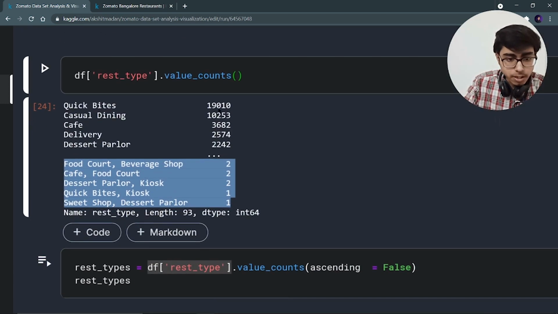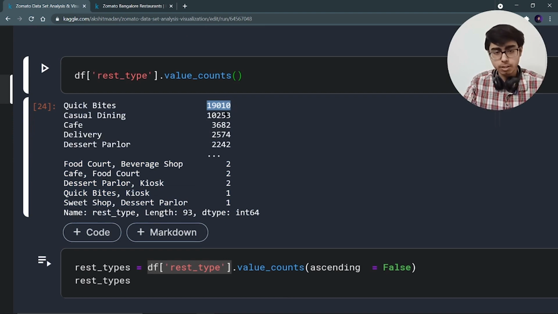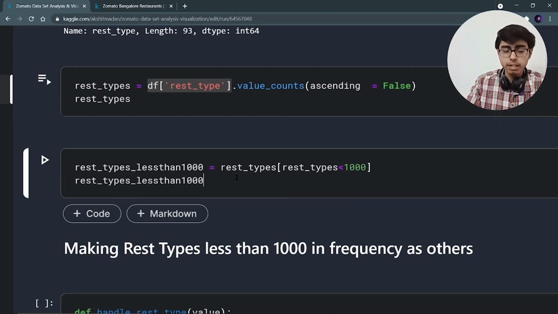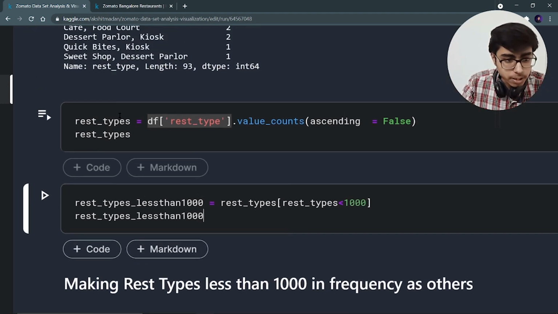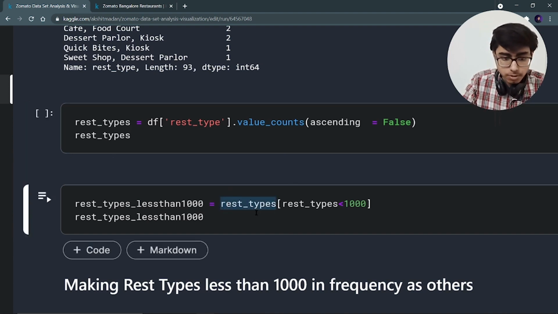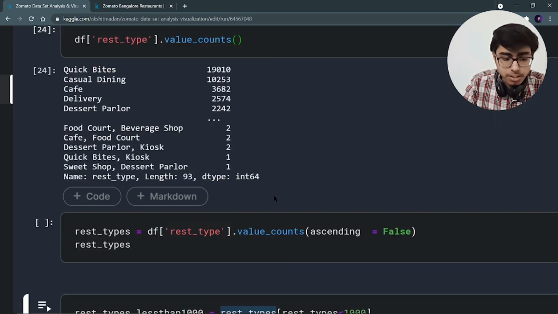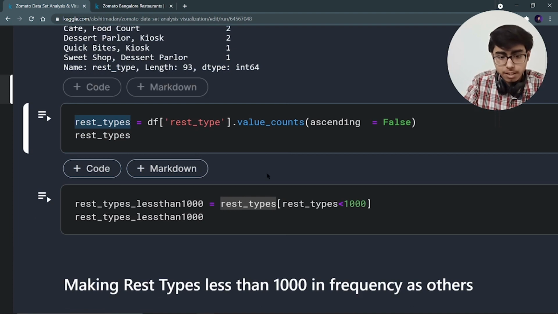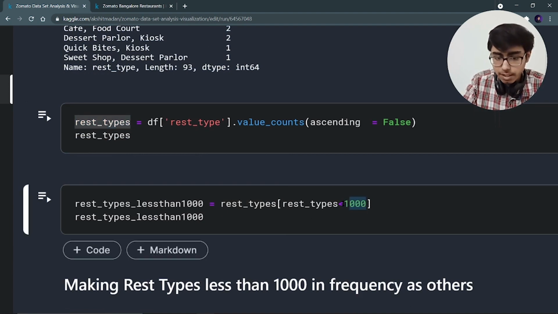The maximum value is 19,000, so all the restaurant types having fewer than 1,000 restaurants, I'm going to make a list of them. The variable rest types less than 1000 is going to contain these rest types. This complete list is stored in this variable. Let me show you.